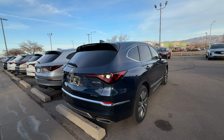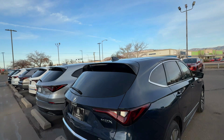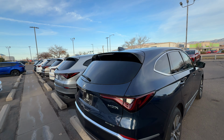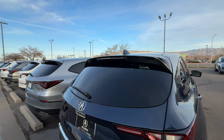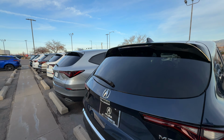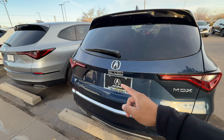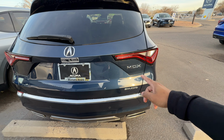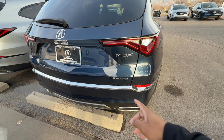Come along to the rear, you do have a shark fin style antenna up above, and it is body colored. And you do have a window spoiler that's half gloss black, half body colored as well. Your third brake light up above, and it's LED. You do have an exposed rear wiper, and the Acura emblem in the rear that you can black out through your dealership. MDX also in chrome that you can black out, and the Super Handling All-Wheel Drive you can also black out